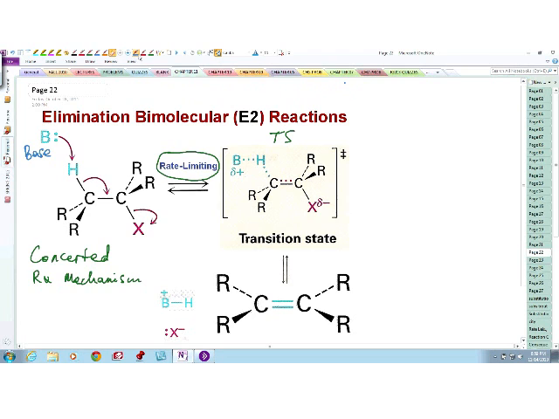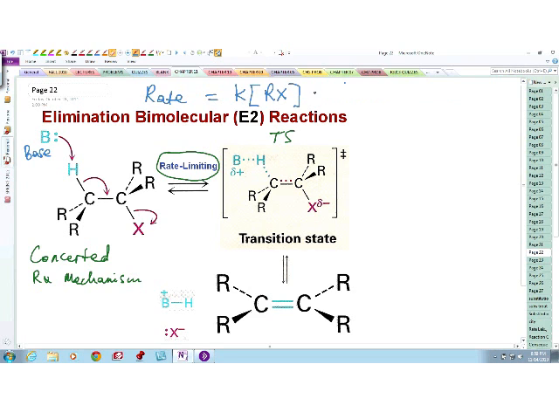What will it look like? Exactly. In other words, it will be dependent on both the concentration of the substrate and the concentration of the base. Okay, so therefore it becomes K,